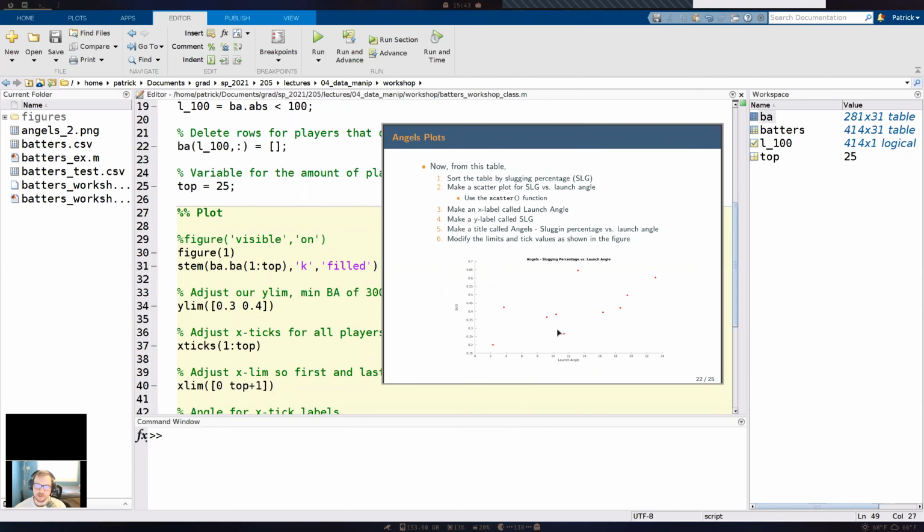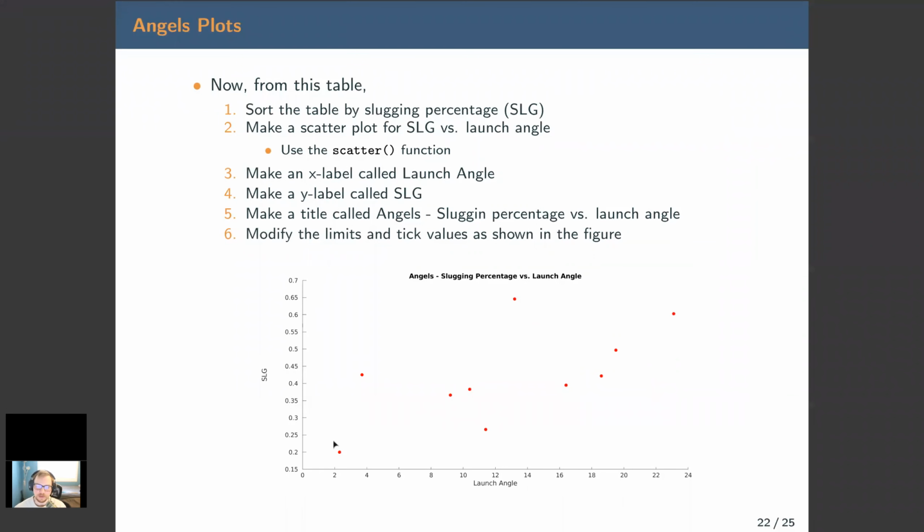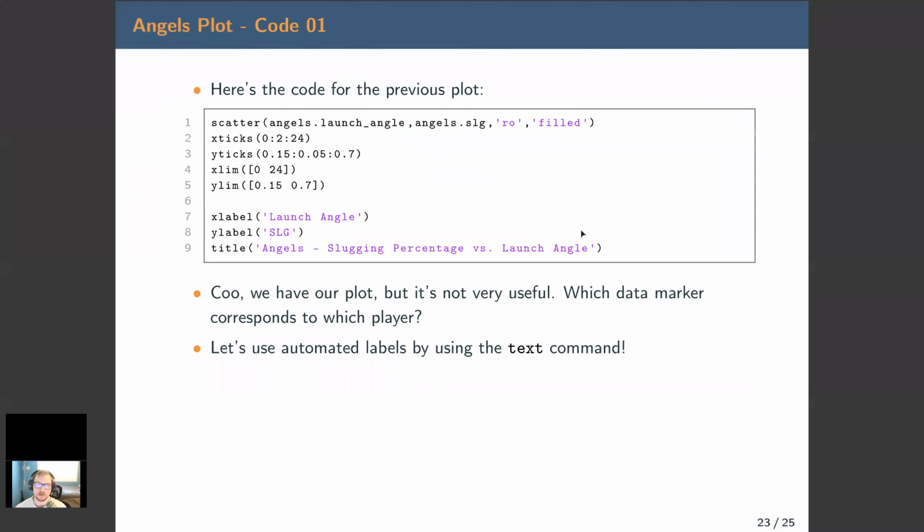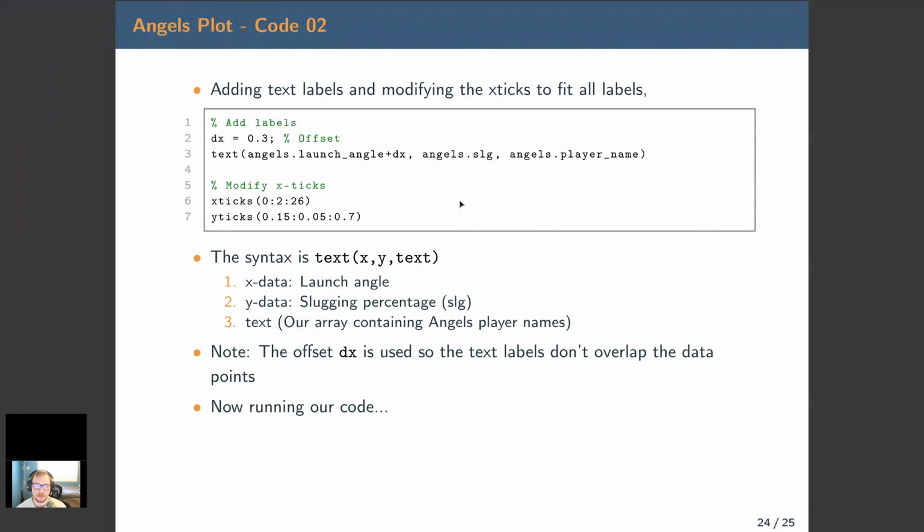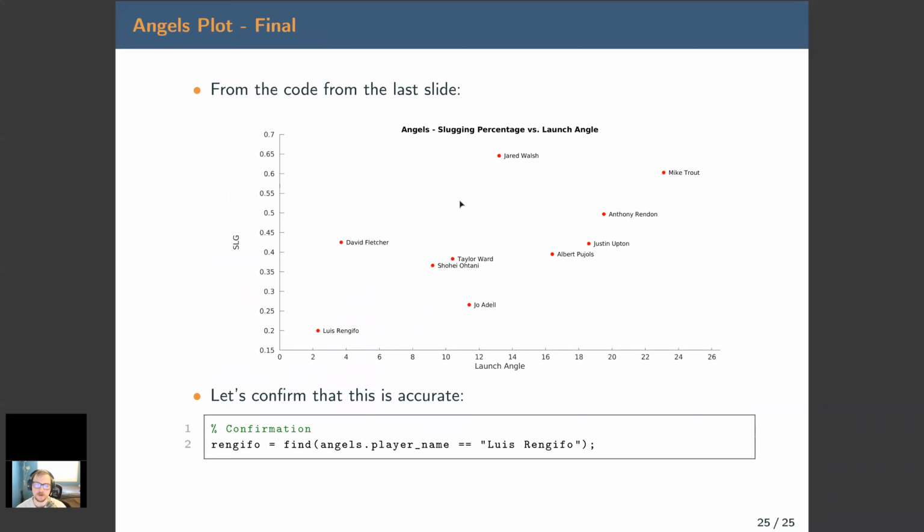So we're going to make this plot, which isn't very useful quite yet. Each of these dots corresponds to an Angels player, but we want to have this modified so we actually can see which player corresponds to which dot. And we're going to use another pretty important function called the text function. And we're going to use it in such a way that's kind of automated to grab their respective player and put them right next to each dot here. Okay, so that's going to be for next time. And also you see right here we have two equal signs. This is a logical operator as well, which we'll talk about next time.